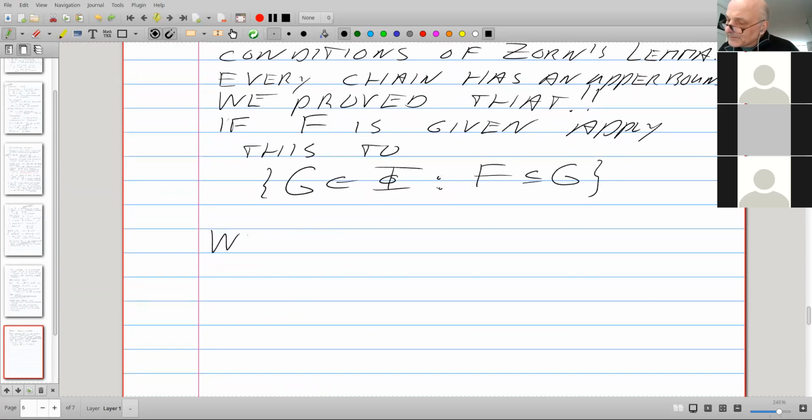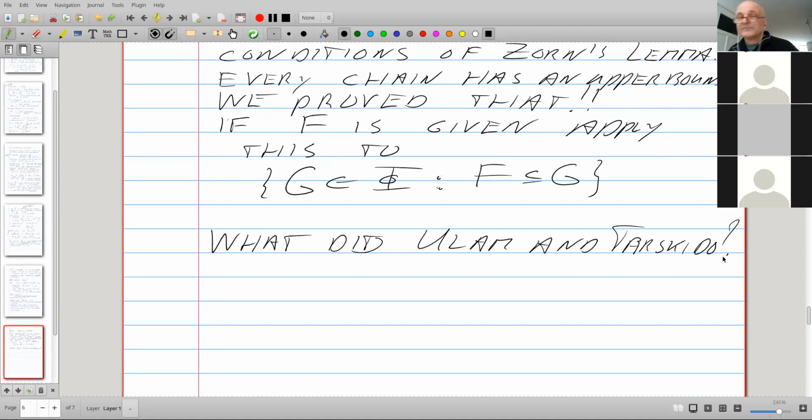What did Ulam and Tarski do? Because they didn't literally construct ultrafilters.